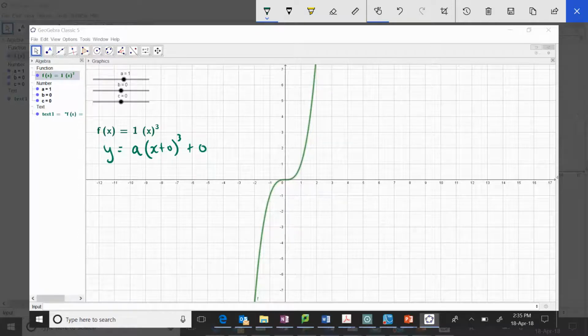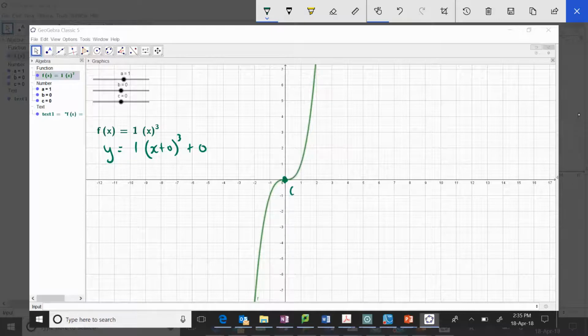Can you see that? There's nothing for a. A is 1. So you can see here, a is 1. It's not moving left or right because it's at 0. That's why it's just x. And there's no number on the outside, that's why it's plus 0, so it doesn't go up or down. That's why the center is right at